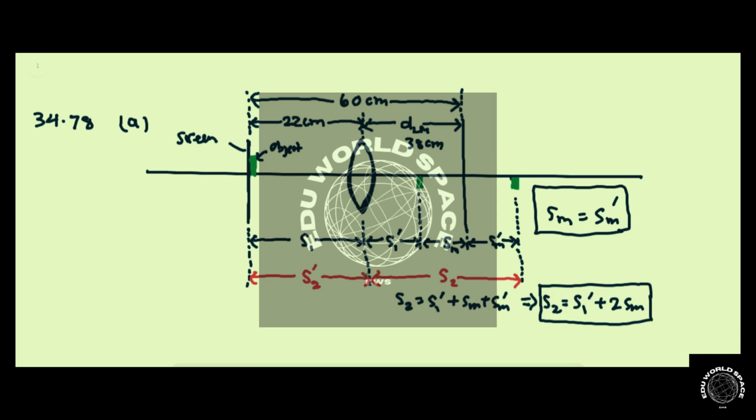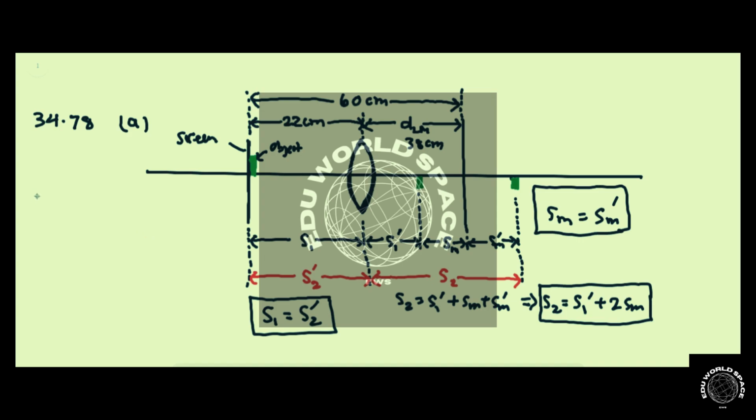And now the image is going to be formed at S2 prime. And S2 prime is the distance from the lens to the screen, but the screen and the object are located in the same place. So S2 prime is the same as S1, which is the distance from the object to the lens, right? So we can write here that S1 is the same as S2 prime, okay? So these are three important pieces of information that we're going to use in part B, which is to find the focal length